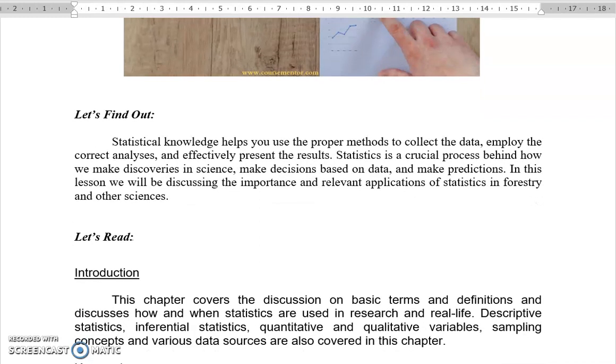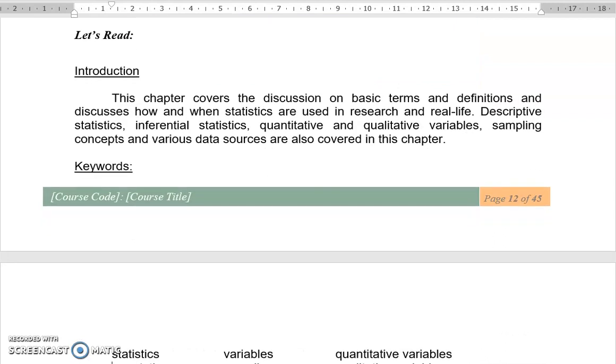Okay? Now, this chapter covers the discussion in basic terms and definitions and discusses how and when statistics are used in research and real life. Even in real life, not just in research. Every day, every minute, and every hour, you are doing statistics with your life. Without statistics, you cannot do anything. Okay? Basically, our life depends on